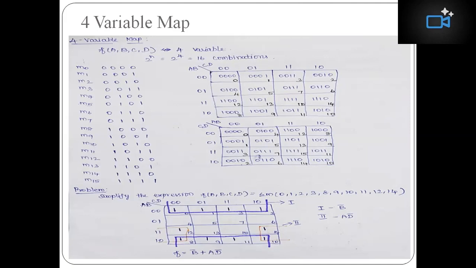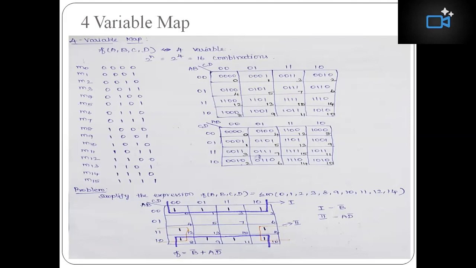Now, as we did earlier, we have to build a table for these 16 different possible combinations of minterms. That would give 4 cross 4, that is 4 rows and 4 columns. Then allocation of the variables has to be carried out. Allocate the variables A, B for the rows and C, D for the columns. For row 1 it is 0, 0, for row 2 it is 0, 1, for row 3 it is 1, 1, and for row 4 it is 1, 0.